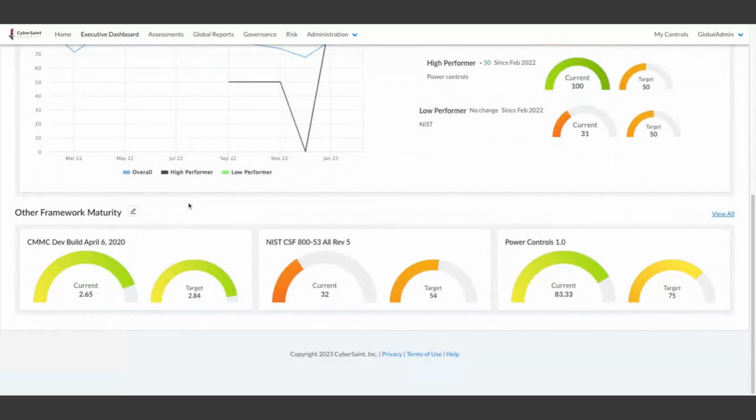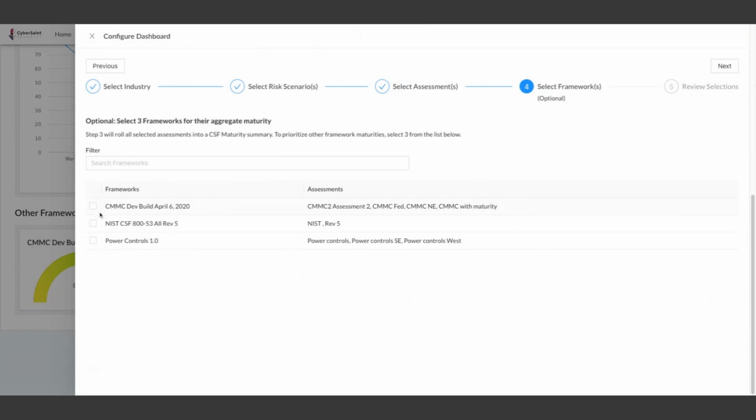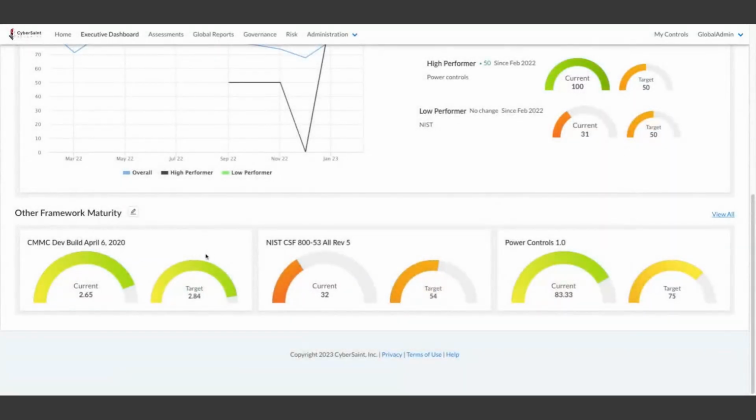The last widget here at the bottom is just being able to configure for different frameworks. In this environment, we have CMMC, NIST CSF, and power controls. Those are the frameworks that we could select. If we had more, we have the option to select 3 that will populate on this specific widget. And then if we wanted to see how they're all doing, we could view all of them in an expanded